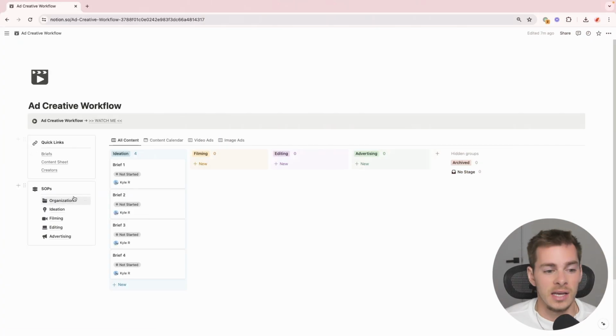Now, over here on the left-hand side is where we have our SOPs and our quick links. So we have a link to Google Drive, that's our briefs link, and that houses all of our documents. It houses our final content, our raw content, everything in an organized way that aligns with this project management system. Then we have our content sheet. That's where we actually rename all of the creatives that we source so that it's intuitive when the media buyer goes to launch it on whatever ad platform they're advertising on, so we can keep track of things in a linear testing fashion, right?